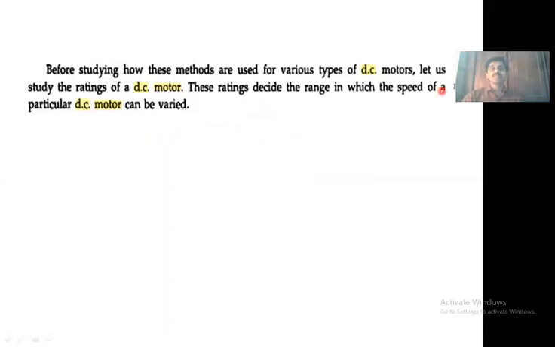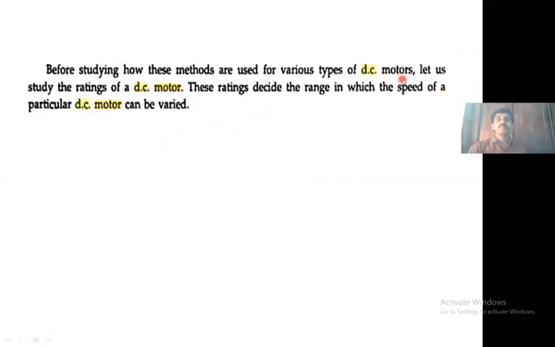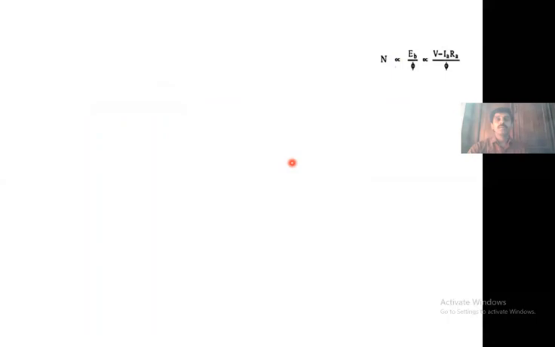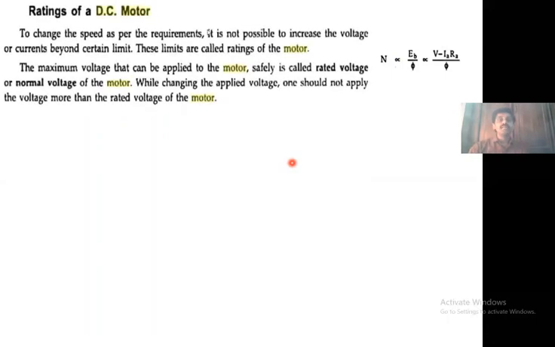Before studying how these methods for various types of DC motors are used, let us study the ratings of the DC motor, because these ratings decide the range in which the speed of a particular DC motor can be varied. The range of speed control depends upon the rating of the DC motors. So coming to the ratings of the DC motor, to change the speed as per the requirements, it is not possible to increase the applied voltage V and the currents beyond a certain limit, because these limits are called